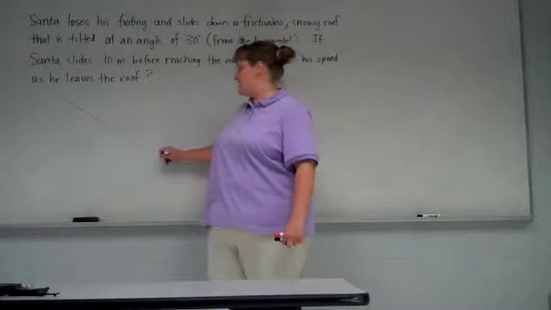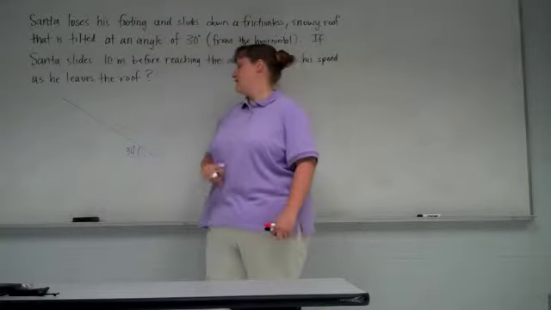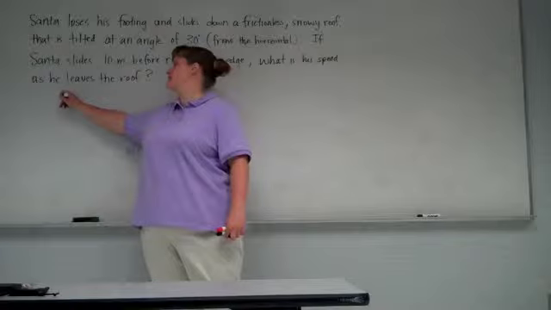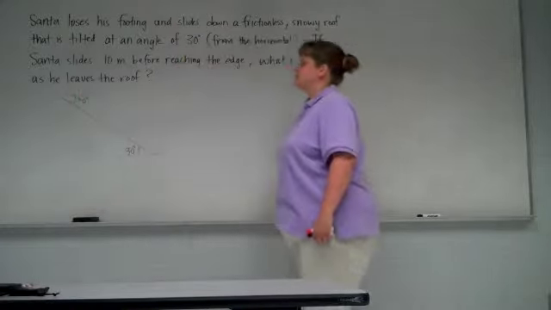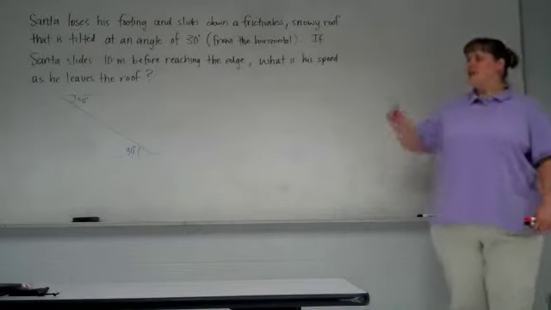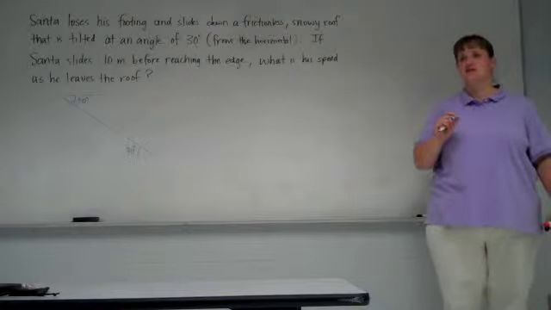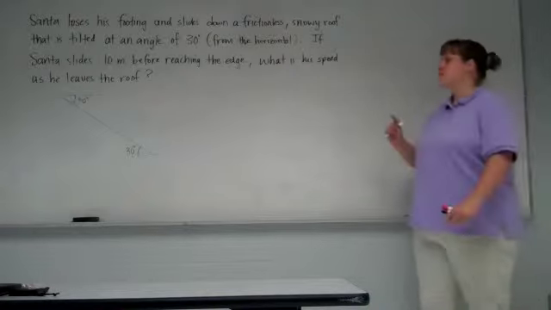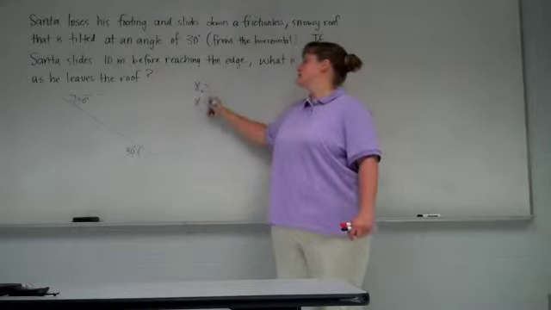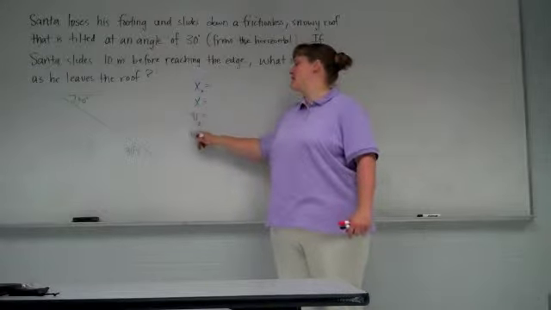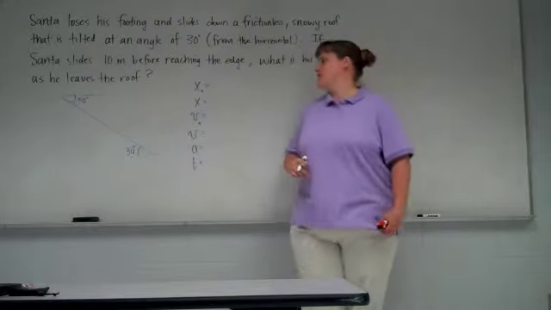The roof is inclined 30 degrees from the horizontal. So we can put the 30 degrees there or up here, it doesn't really matter. Since it's a nice straight line, and since we're ignoring drag, the acceleration is going to be constant. Okay? So we can use our kinematic equations. If we approach this how we have other problems with our kinematic equations, those are the variables that show